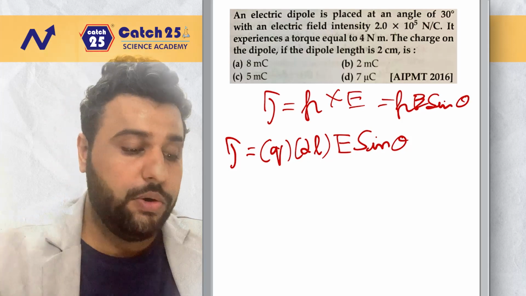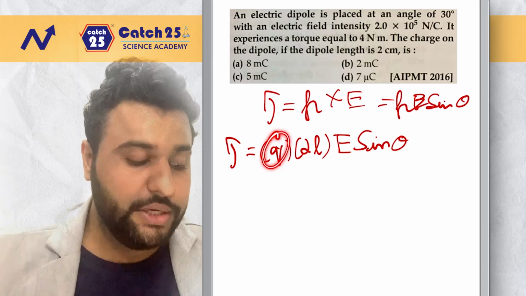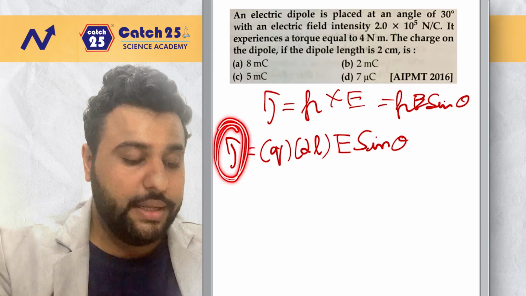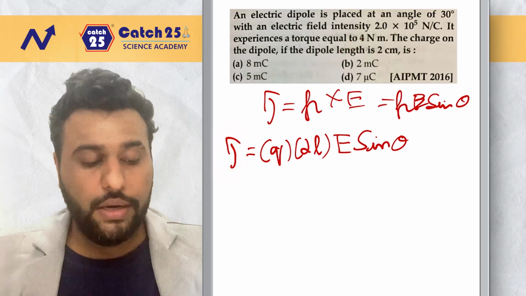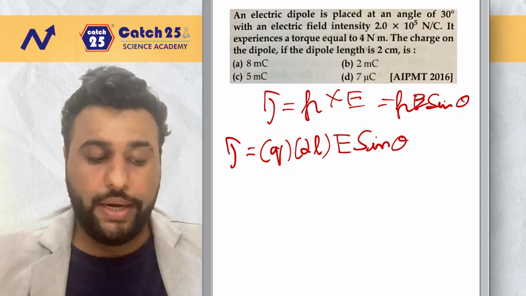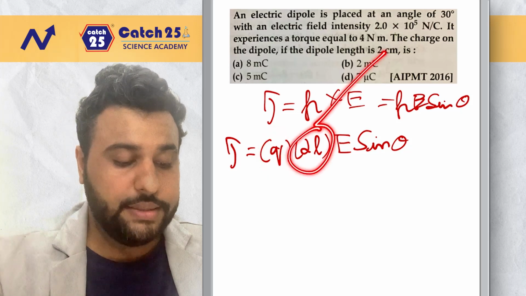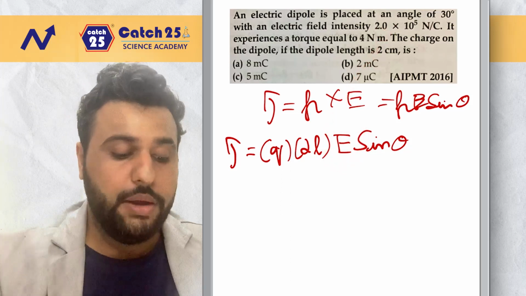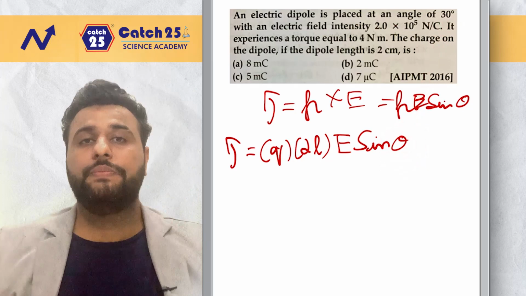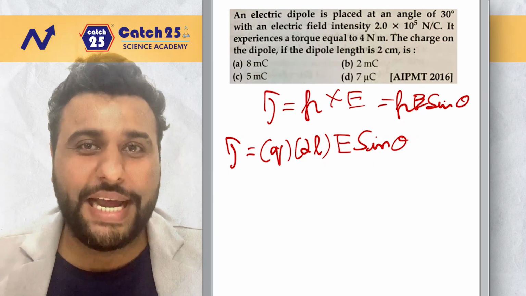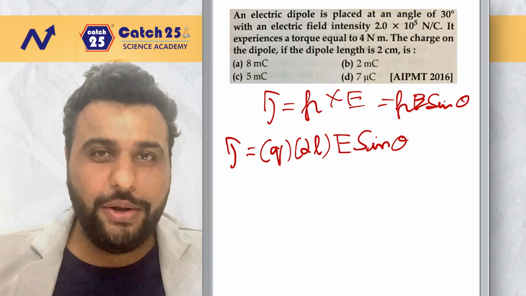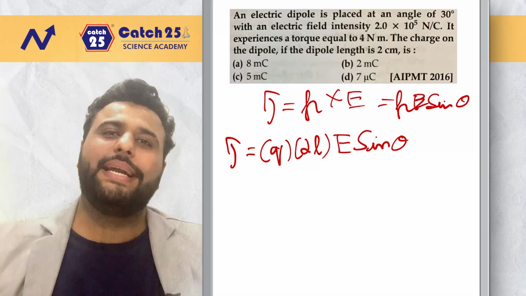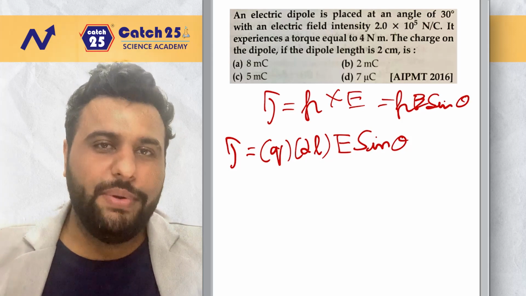Now I want to find the value for charge. That means everything else should be given in the question. So check whether torque is given in the question. Yes, torque is given over here. Whether charge is given, I have to find out. Whether the length is given, yes, length is given as 2 centimeter. Whether electric field is given, yes, it is given. Whether angle is given, 30. Now, many times it happens you forget sine, cos, tan. Therefore, in this question, once you are looking at the video, quickly in your mind, think whether you know sine 30, sine 45, sine 60, sine 90. Same thing with cos and same thing with tan.